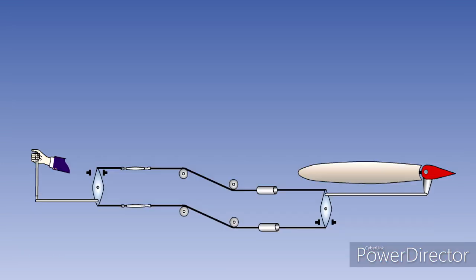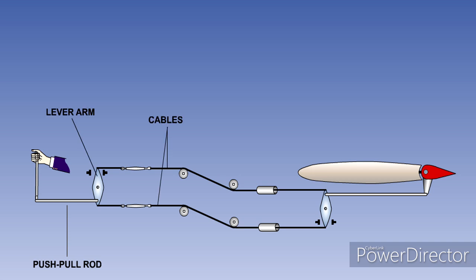In this graphic, we examine the manual control of the elevator on a light aircraft. The control of the rudder and ailerons is achieved in a similar manner using similar components. As cables can only operate in tension, the control surface is connected to the input control by 2 cables. The system is very simple in its operation. The pilot operates his control. It is connected by a push-pull rod